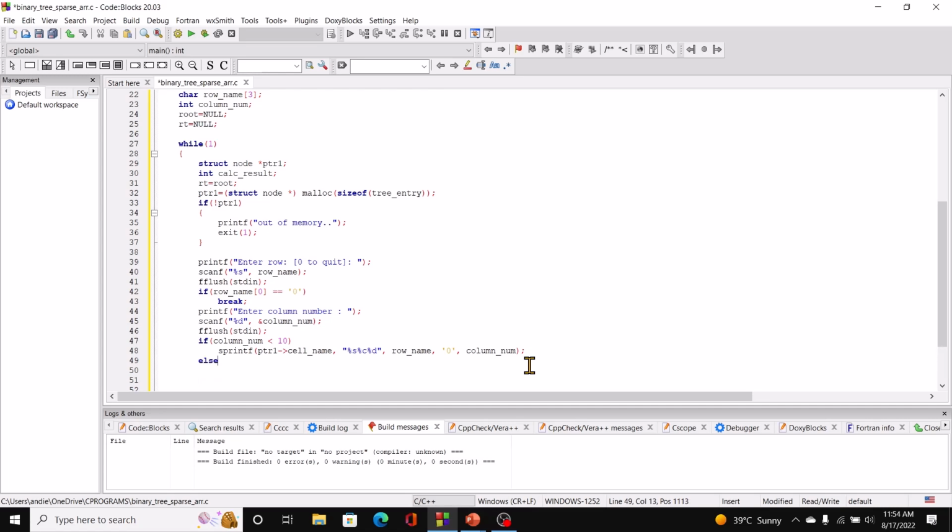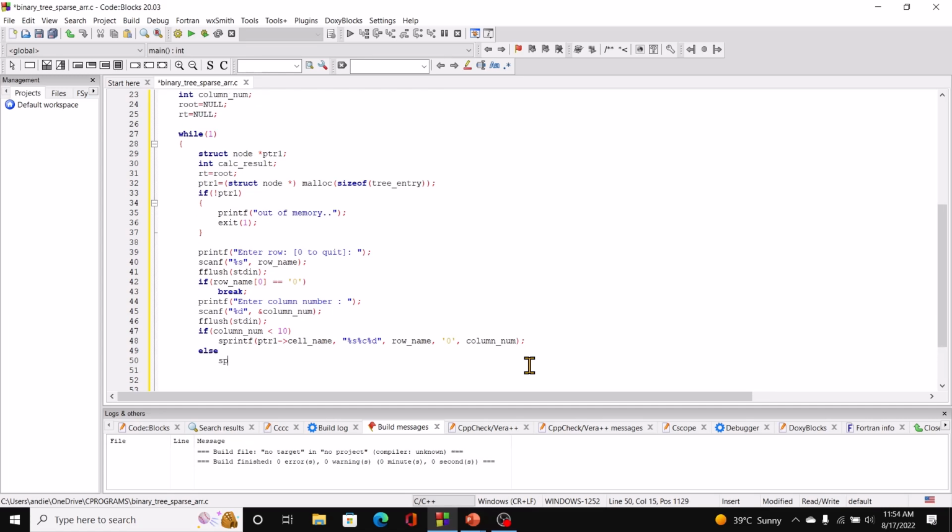Else sprintf ptr1 cell name, format command will be %s, %d, and then in order row name and column number. Right,